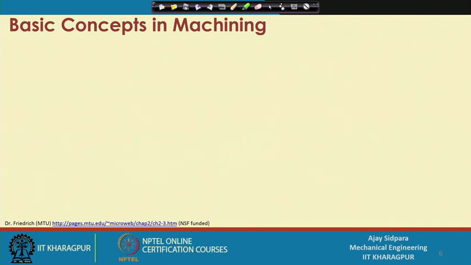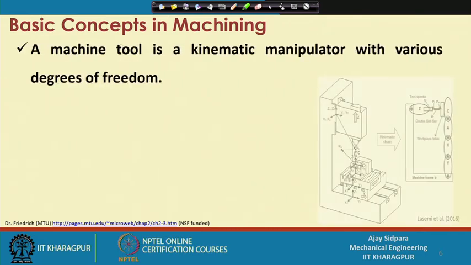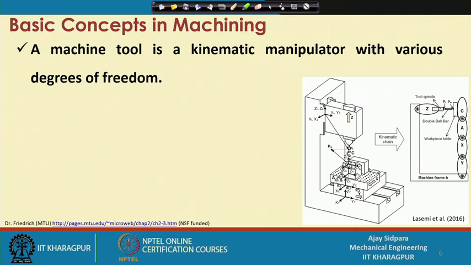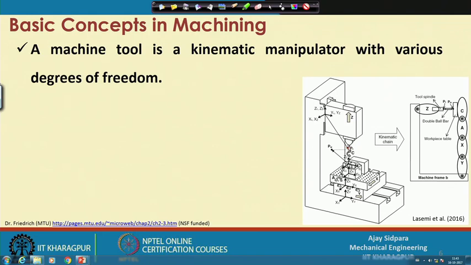Now, what are the basic concepts of machining? Now, see, a machine tool is one type of linkage, where different links are joined with each other, and then you do a machining operation. Now, if you see this particular thing, this is the tool, this is the workpiece, and then the tool is connected in this direction and then it will go. So, this is one particular loop,